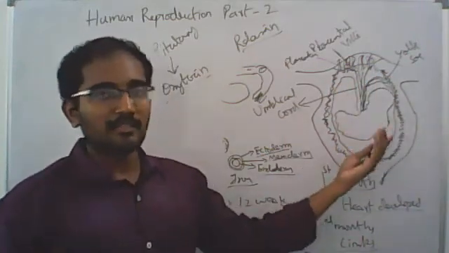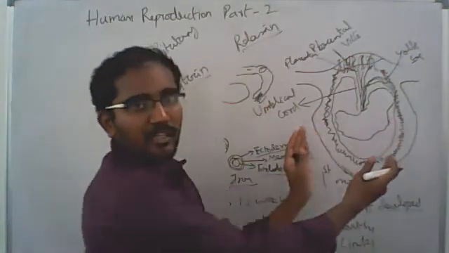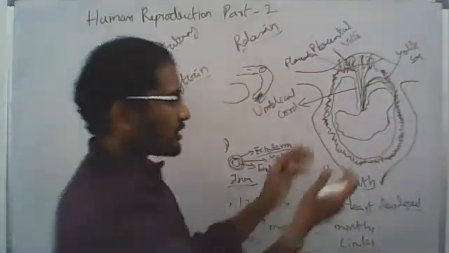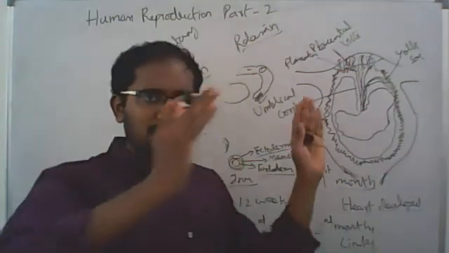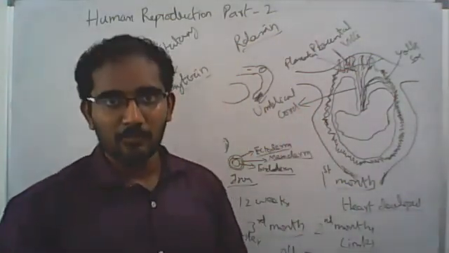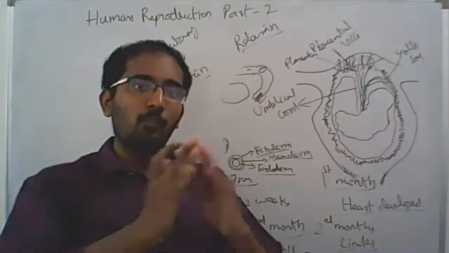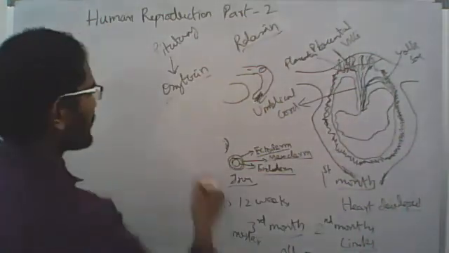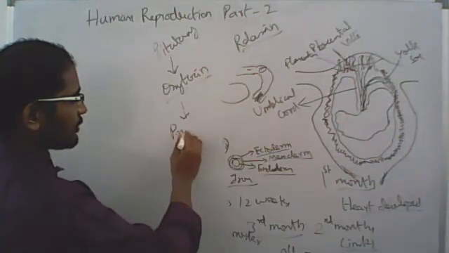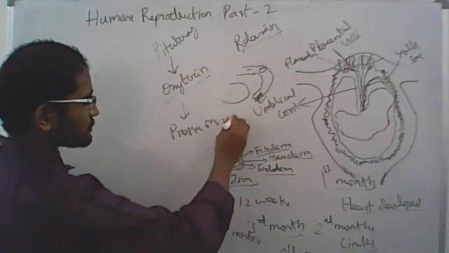So what will happen then? Now the fetus is already in almost a perfect shape, and it was giving some pressure over the walls. Now the oxytocin is trying to compress the fetus, so the fetus will give more pressure over the wall. Now the pressure will be getting more.